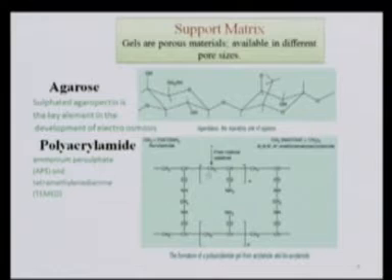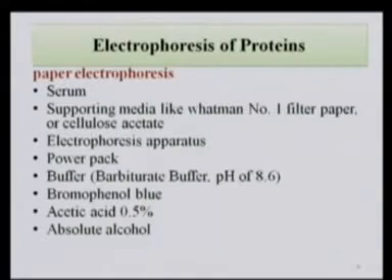Here, in the presence of free radicals generated by the addition of APS, we are going to form the polymer of acrylamide, that is called polyacrylamide. In this entire reaction, TEMED is going to act as a catalyst, whereas APS is going to provide free radicals to carry out the reaction. So this is about the support matrix which we are going to use in electrophoresis.